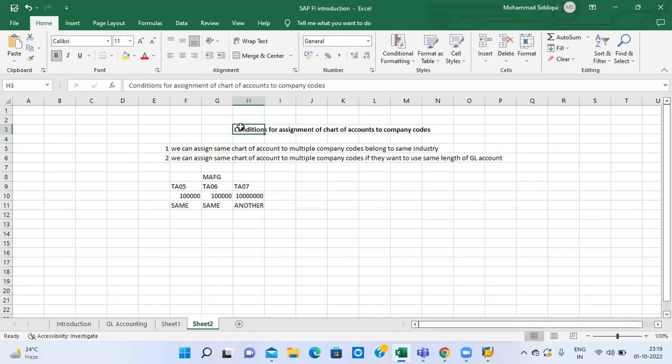Okay, now because we are creating this chart of account independent of company code, because it has no link, right? Independent of company code, your chart of account is different and company code is different, hence you need to assign the chart of account to company code. So if you look at the configuration settings,